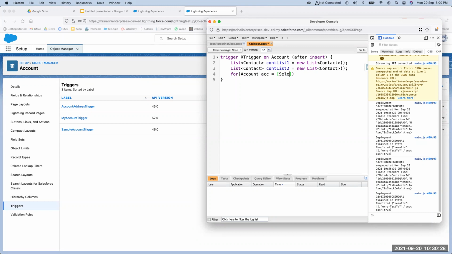we can write a select query just to fetch all the contacts from the account. So this will be a nested query because account and contact are having a parent-child relationship.